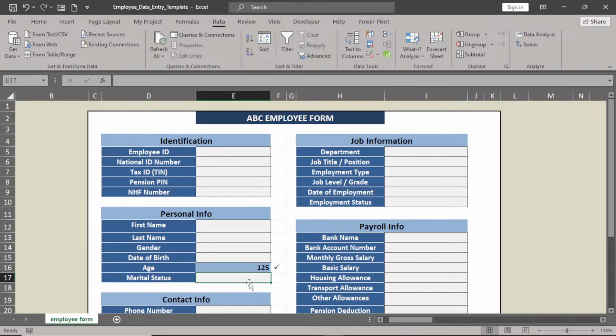Now under marital status, I'm going to bring in something like a button. To do that, go to your tab, go to the Developer tab. If you don't have this Developer tab, I think I have shown us how to do that, but let me repeat it. If you don't have it, right click here,